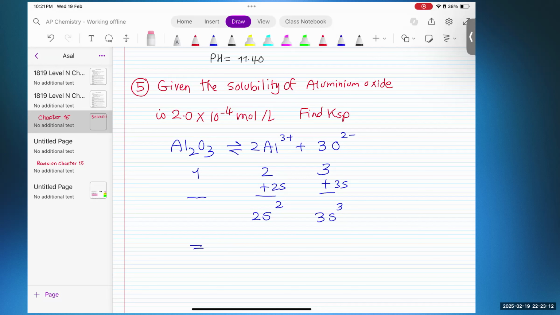Here I will multiply by 2, okay. Why are you multiplying by 2 here, Mr.? Because he is giving me the solubility. Be careful: he is giving me the solubility, so he's giving me the S. That's why here you multiply it, okay? So 2 to the power of